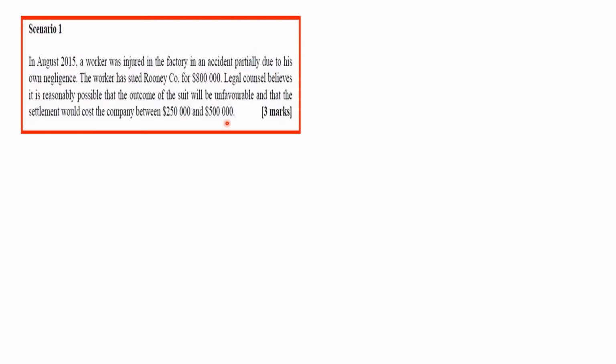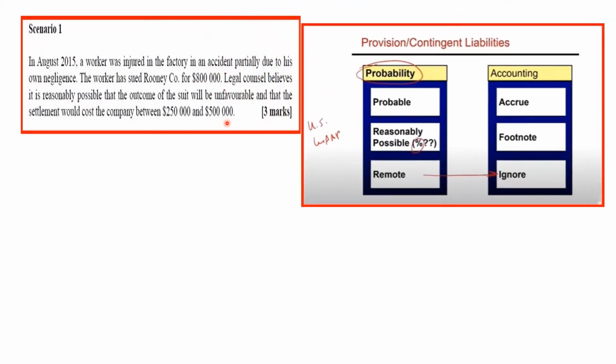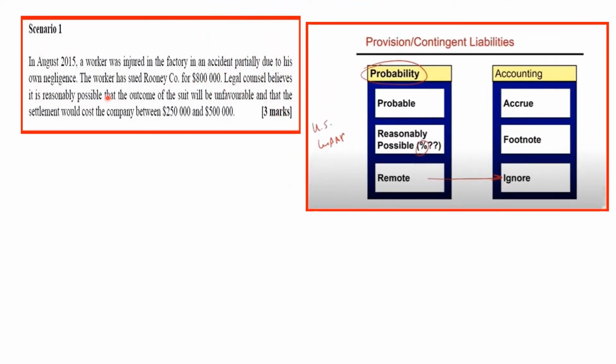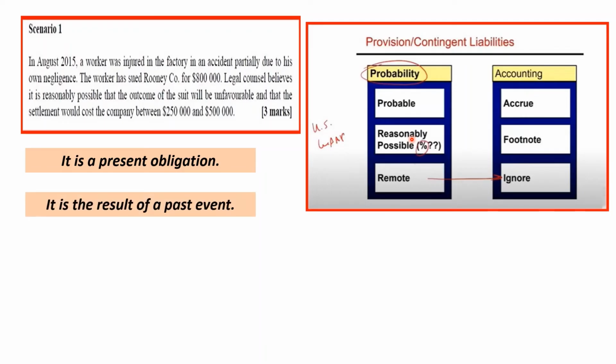Okay, so let's invoke our chart here. It says it is reasonably possible, so it falls here, and we would ask the question. It is a present obligation. It is the result of past events, and it is reasonably possible. So we know that we could provide for it, or in this case, we make a footnote or a note to the financial statement